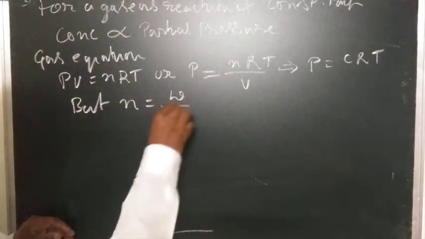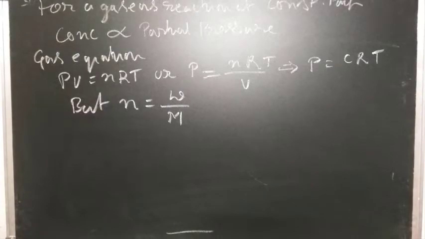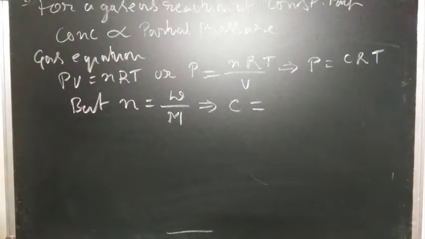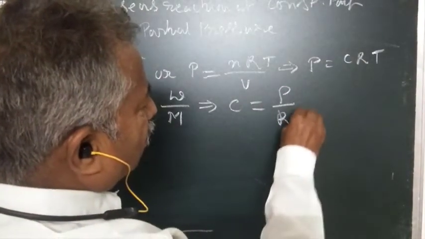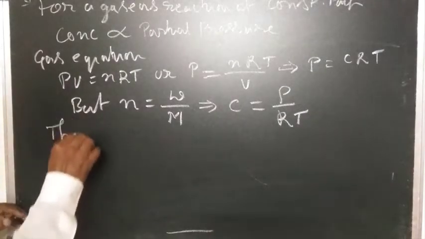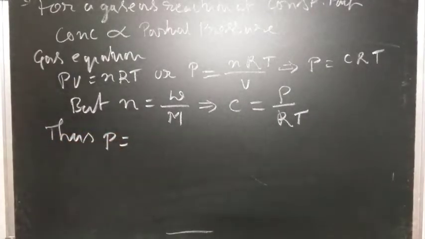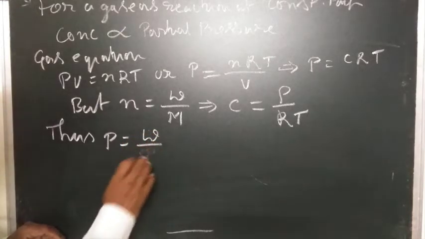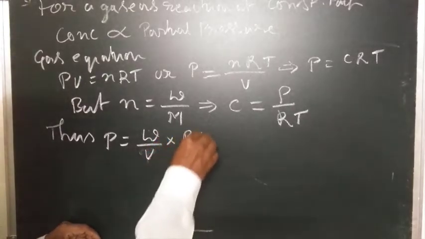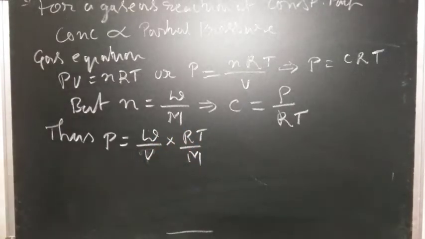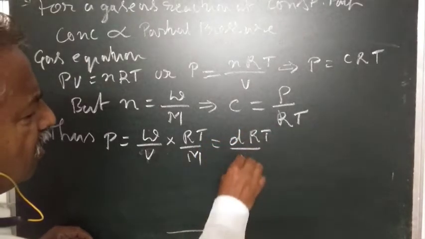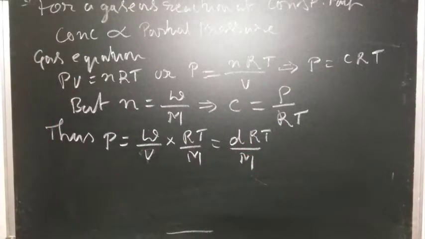n equal to W by M implies C equal to P by RT. Thus, P equal to W by V into RT by M, which is nothing but dRT by M,